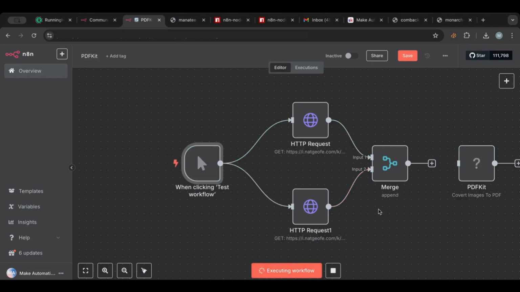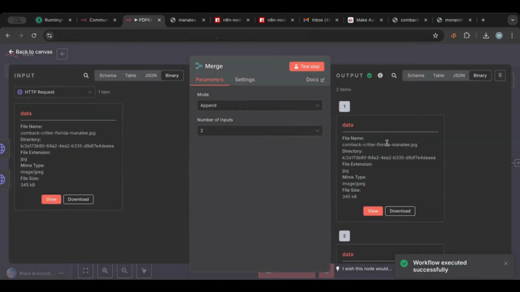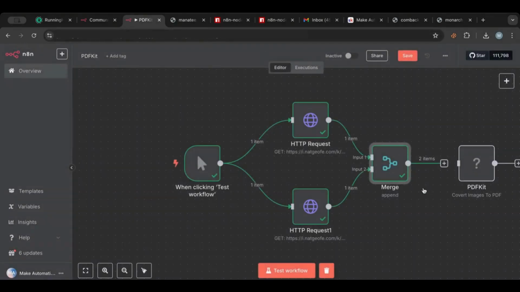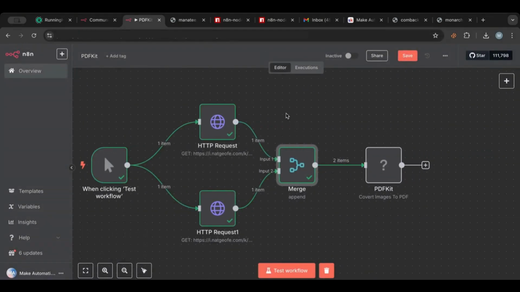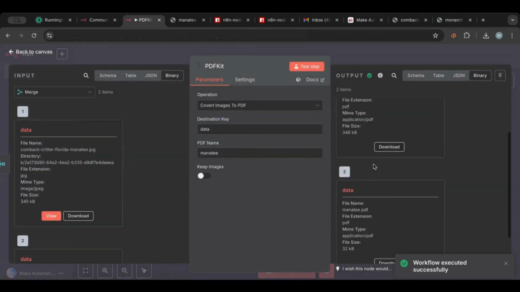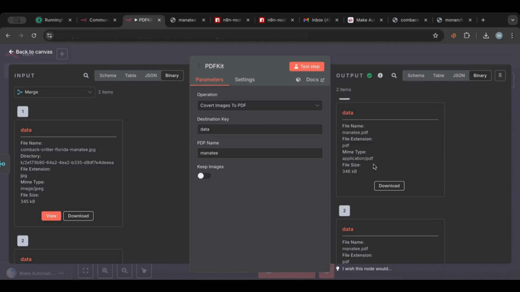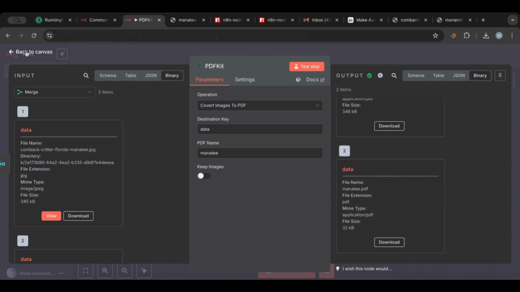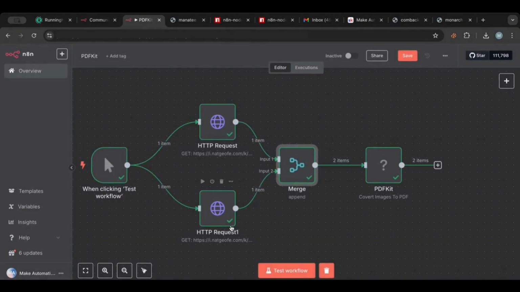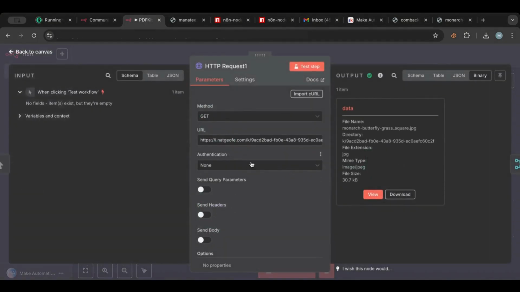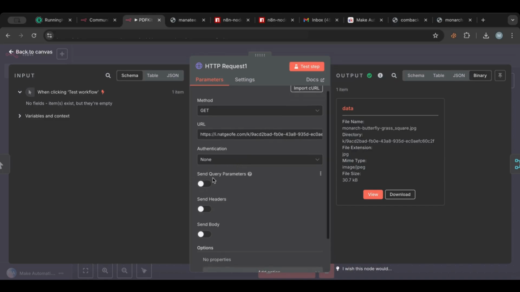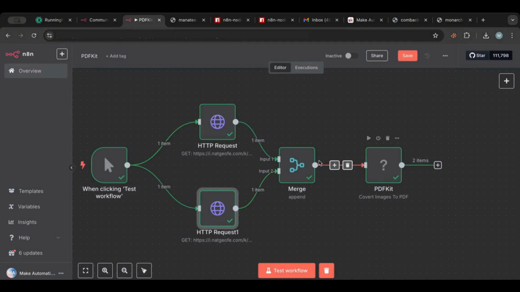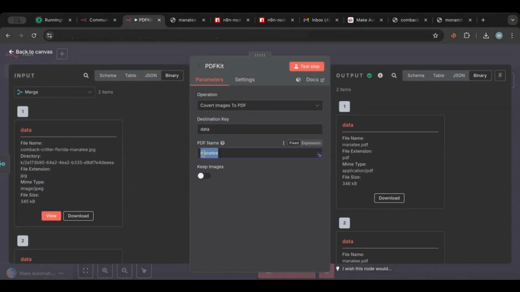So if I test the workflow now, I now have two items. Okay, two images. So if I connect this now to this and run the workflow, so I have two items. As you can see here, I forgot to rename the other one. This should be called, yeah, this is the butterfly. And okay, so here it should be, yeah, my point of view, I can change the name here, but my point is